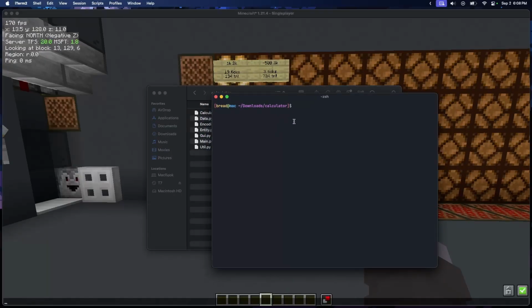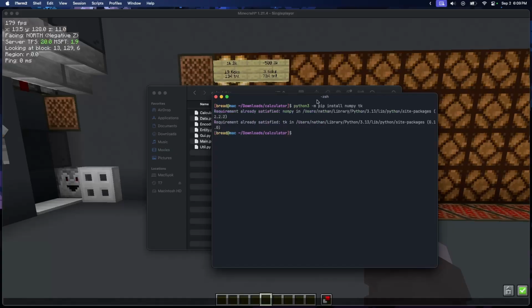And then you want to make sure you have Python installed on your computer. So just install that however it's done for your operating system. And then you also need to install the Python packages numpy and tk. So to do that, you type python3 -m pip install numpy tk. Now I've already got them installed on my computer, so it didn't really do anything, but it should install those